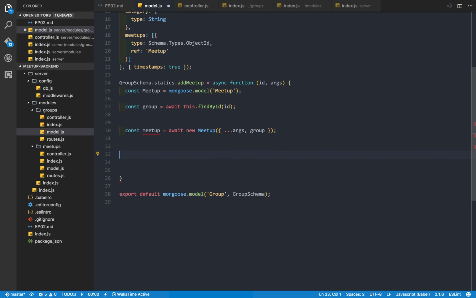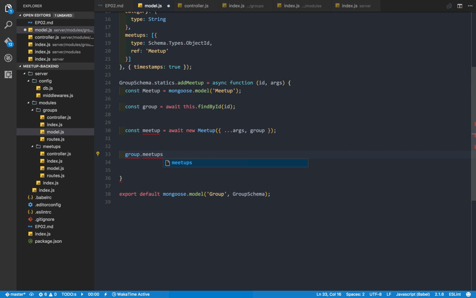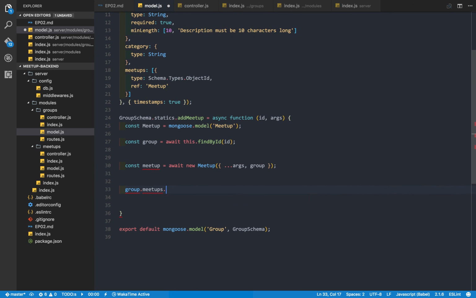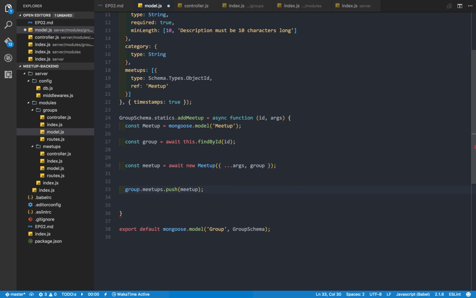First thing we need to do is, inside the group we're going to meetups, the name of this one here, we're going to push. This is an array, so we're going to push the meetup, that's it. After that, we're going to have a result, going to equal